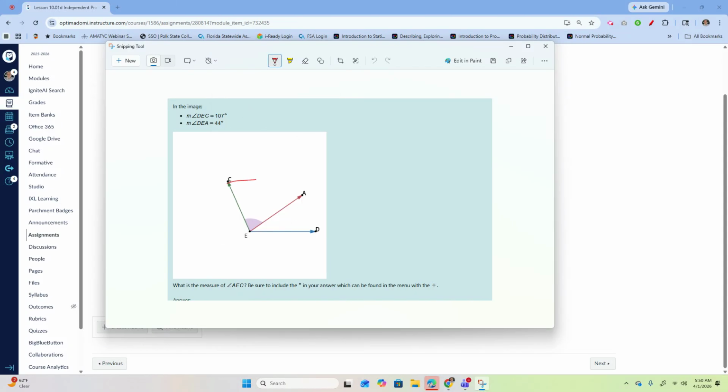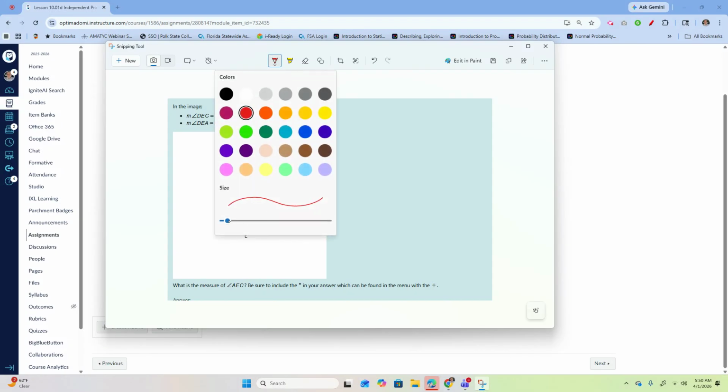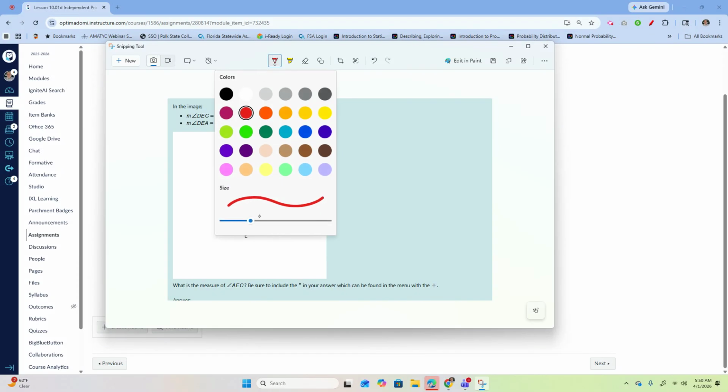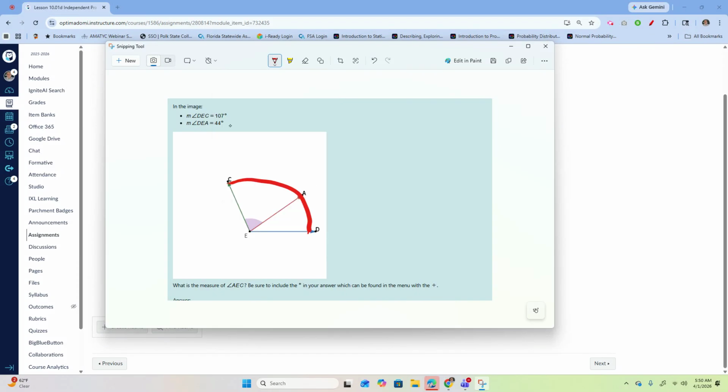DEC is all of this. You see the whole thing. Let me make my pen a little thicker. All of this is how much they told me? It's 107 degrees. See, and angle